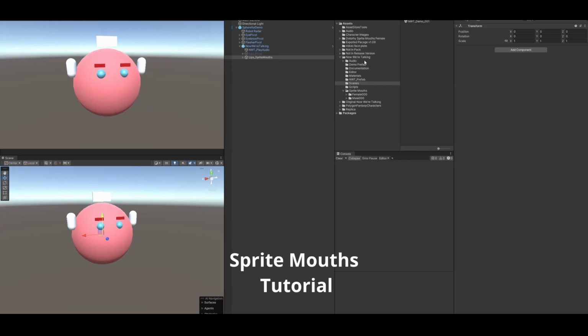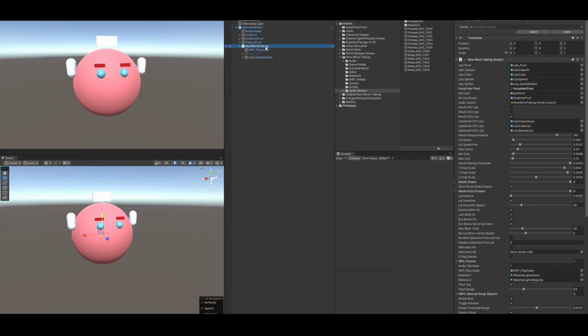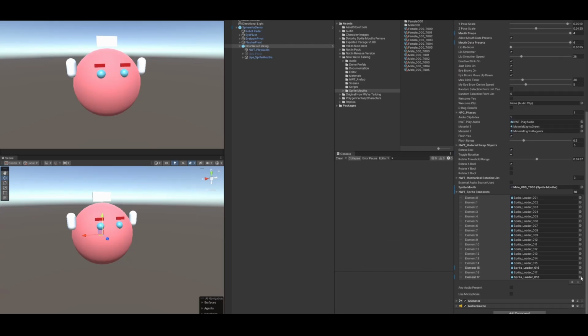We've recently launched Sprite Mouths, which is the long talked about new addition to the NowWe'reTalking system. In the new system, you still get everything you got before, so you've got all the same controls as you had before, but now we have the Sprite Mouth system at the bottom here. Simply what you do is you take the NowWe'reTalking prefab and you drag it and drop it onto, in this case, a sphere or a character,